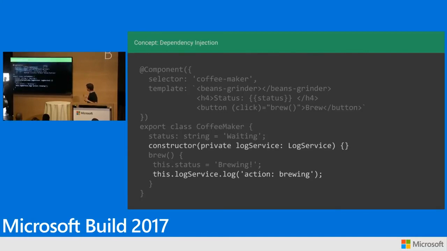We also do dependency injection. Typically, when I go to JavaScript conferences and I talk about dependency injection, people are like, what? What is dependency injection? Why would you do this? I love coming to Build because I can talk about dependency injection, and everybody in this room is probably convinced that it's a good idea already, right? So in Angular, we use TypeScript for dependency injection. You can see here what I'm saying is I need an instance of my log service injected into my component. This is not special syntax. This is just TypeScript. So Angular knows to look at that TypeScript symbol and say, cool, we need a log service. Look at the injector and pass it in.